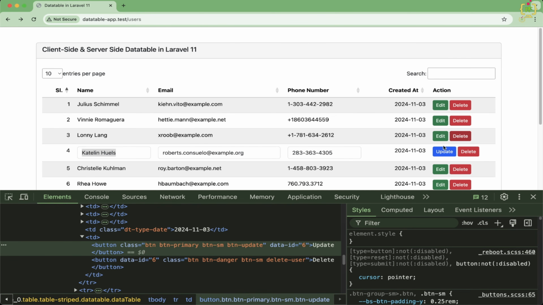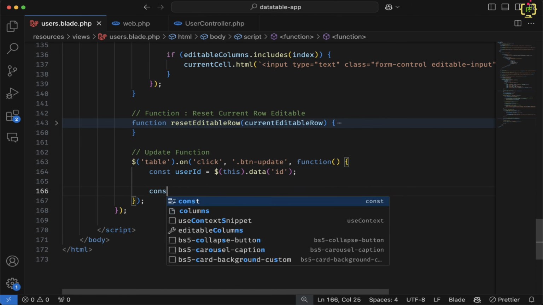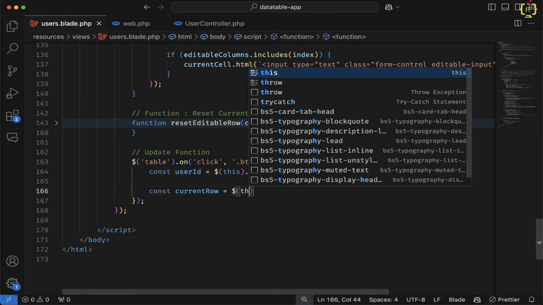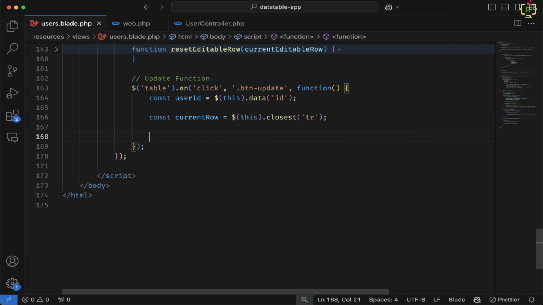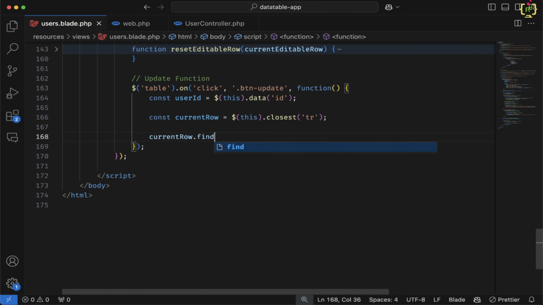So let's suppose if we click on this update button, we have to pass the current row data for the update in the AJAX call. So we will have to find these data here for the closest row. So I will use const currentRow again, and I will use $this.closest tr. Next again we will have to iterate this. So I will write currentRow.find td .each function,